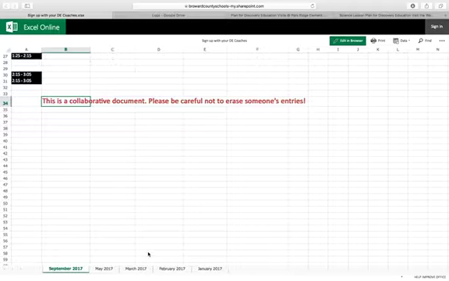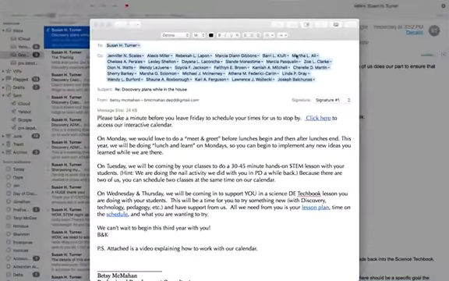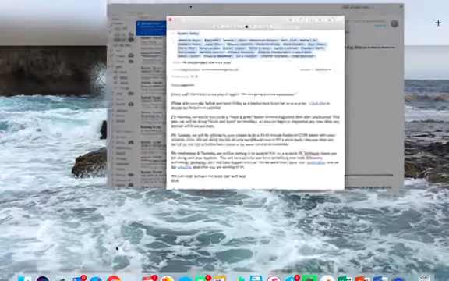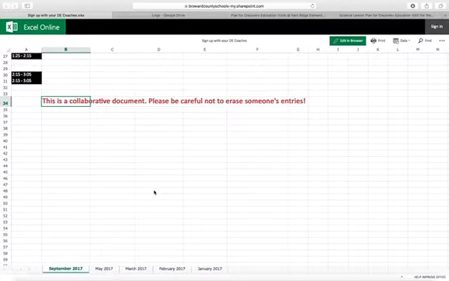So when you click on the link for the collaborative document, and let me just back up, I will be sending you this email in just a minute. You'll get an email that tells you we're happy to work with you again, and to please go ahead and set your times on our interactive calendar. You'll click on the link that I'm attaching here, and actually down here at the bottom as well. Once you do that, it's going to send you to this document.